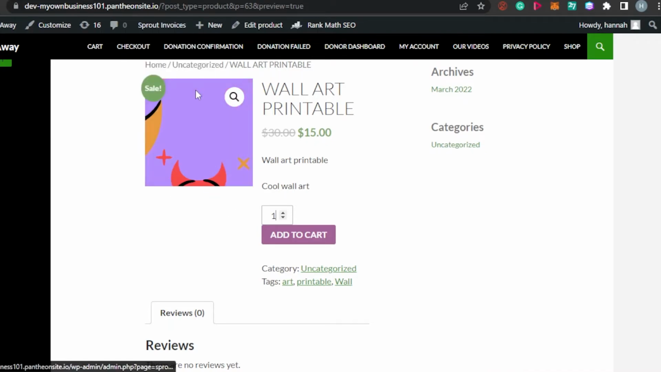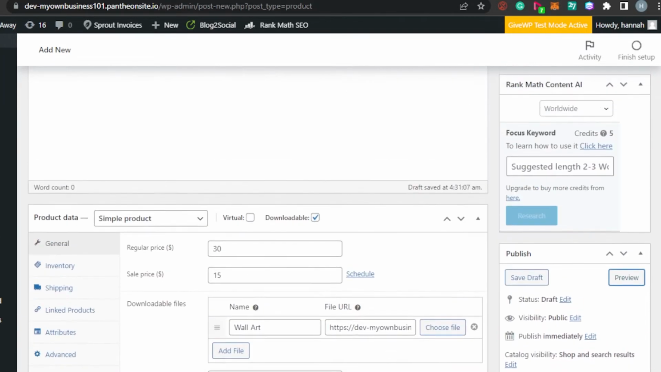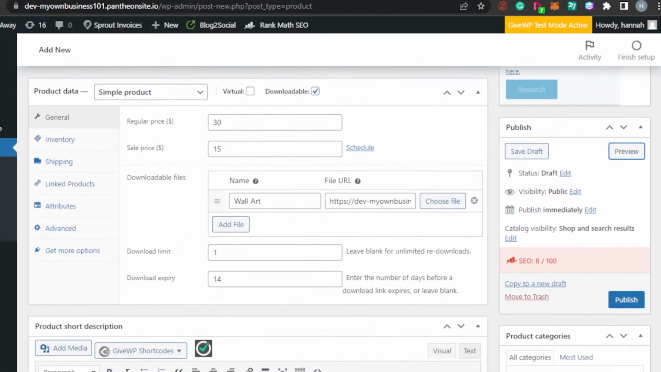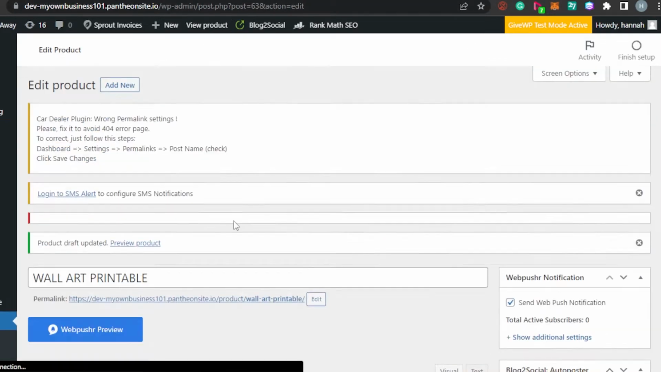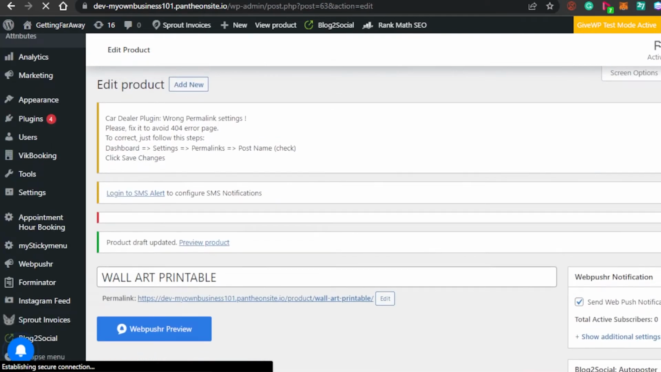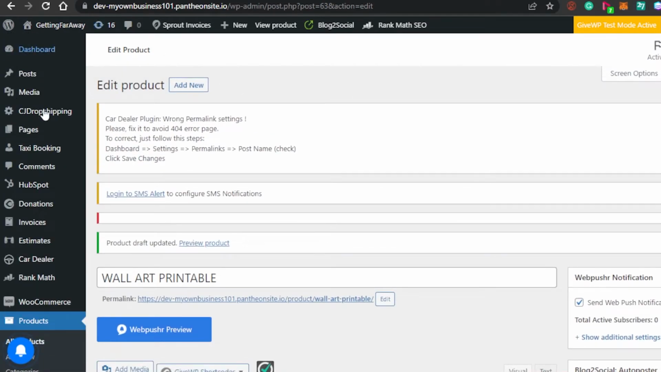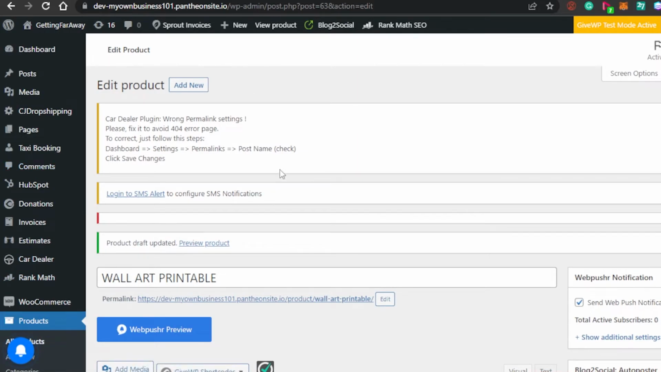So once you have checked the preview, you can simply go back and publish your product right now. Or you can simply go ahead and save it to your drafts. I'm going to save it to my drafts for now because I have not added much information. Once you have added the product, then of course you can go ahead and edit it anytime you want to. And simply go back to your dashboard and create a new digital product right now to sell on your